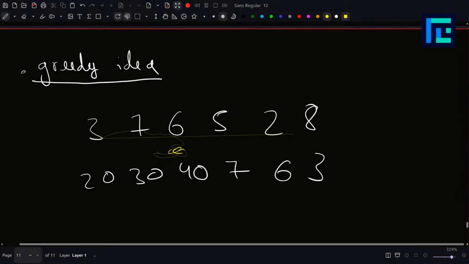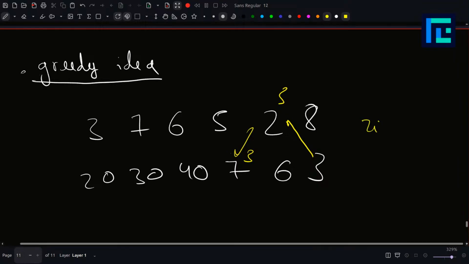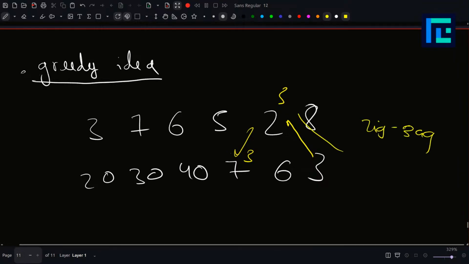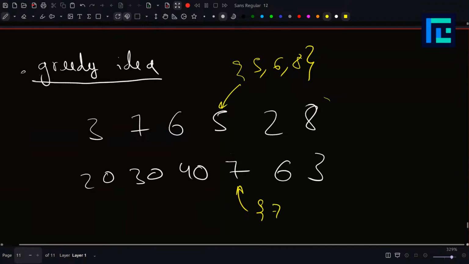So yeah. So what else? Let's try to make 5 and 7 matching. So what values can 7 take? Like I said, 7 can take the value of 3. So the value 3 can be propagated here and then propagated here in a zigzag fashion, right? If we propagate the value of 3 like this, then 7 can become 3. Otherwise, the value of 7 can be 2, correct? So 7 can be 2 also. Similarly, the values possible here are 5, 6, 8, and the values possible here are 7, 2, 3, right? And there is no overlap again. So we can't make these two equal,